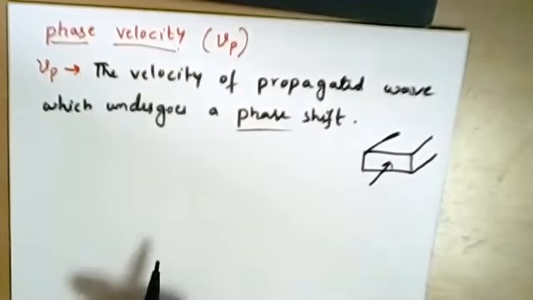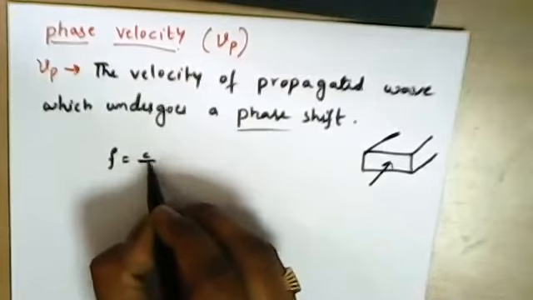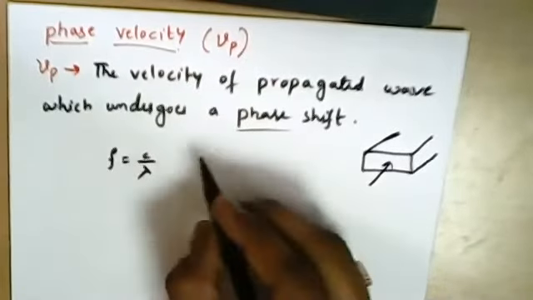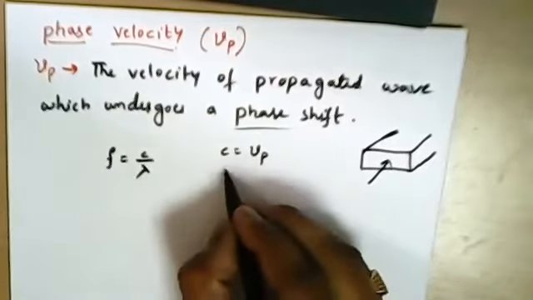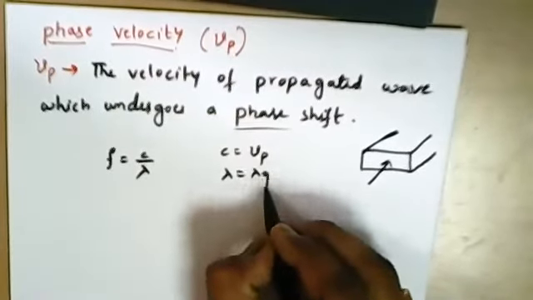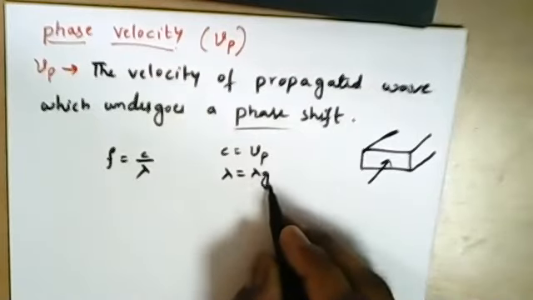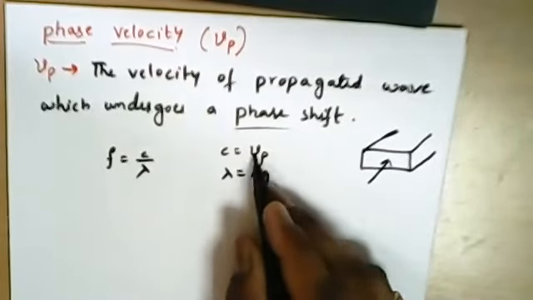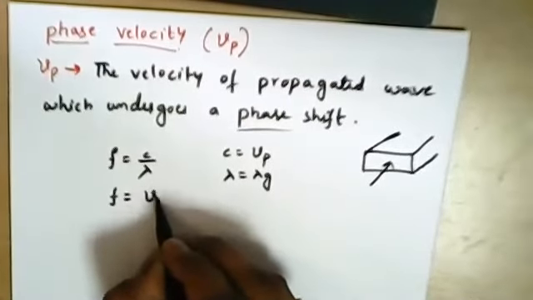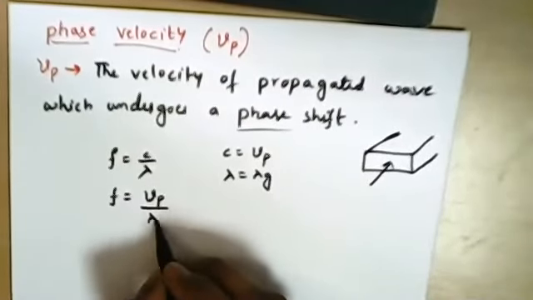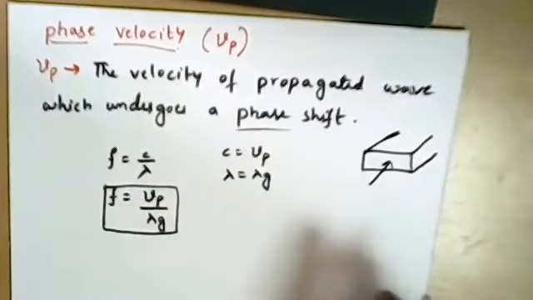Let me derive a small expression related to this. We know that F is equal to C by lambda, where C can be termed as the velocity. Here I'm taking it as phase velocity, and lambda I'm considering as lambda G. Lambda G is nothing but the guide wavelength. It is a phase velocity and a guide wavelength. Substituting the same here, F is equal to phase velocity divided by lambda G. With this expression, I'm bringing out a standard